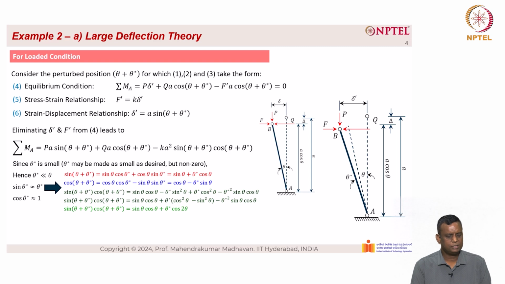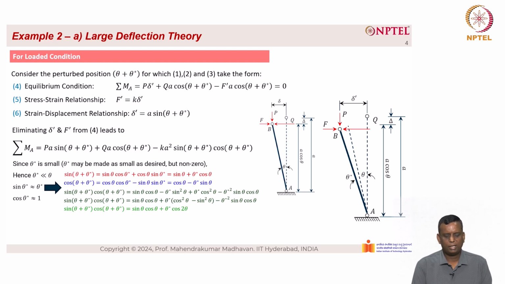The next equation is cos(θ + θ*) = cos θ − θ* sin θ, which again simplifies to cos θ − θ* sin θ. So when we multiply sin(θ + θ*) into cos(θ + θ*), we get the following equation. Basically sin θ cos θ − θ* sin²θ + θ* cos²θ